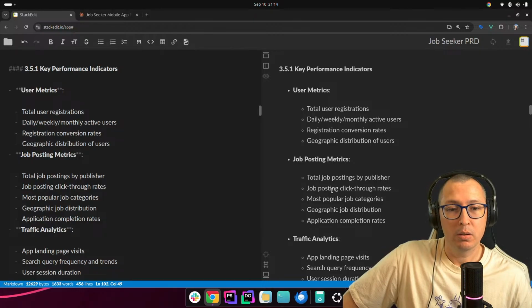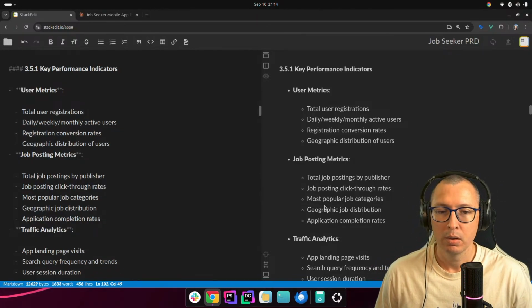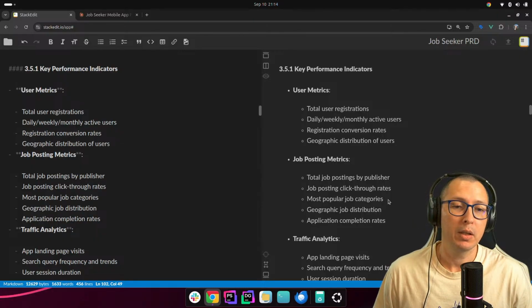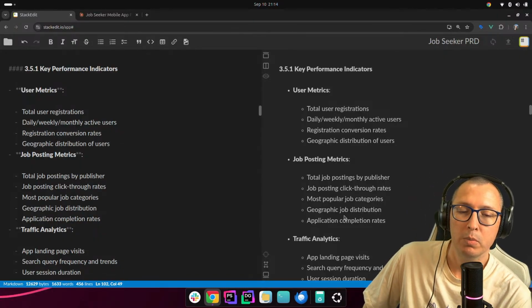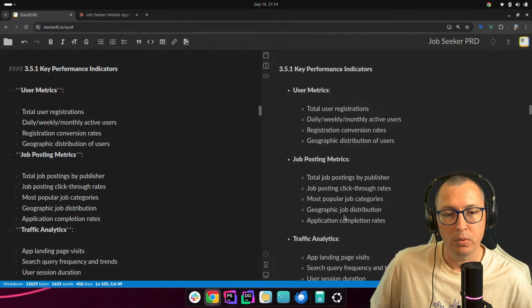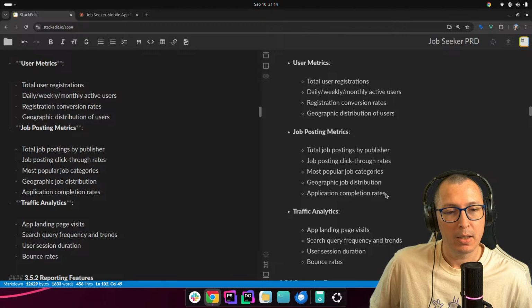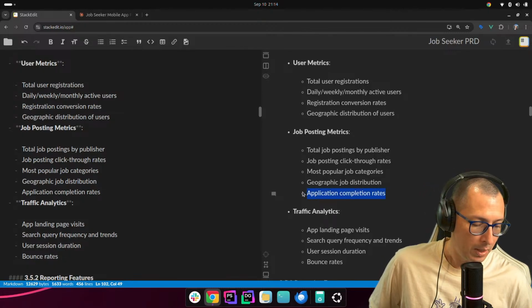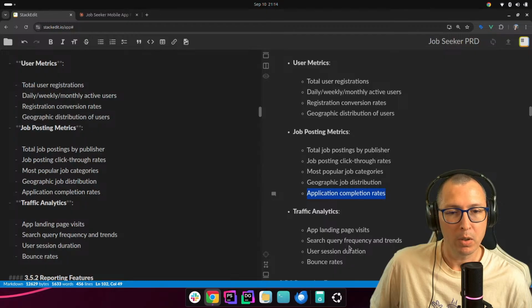Click-through rates of each job posting. Most popular job categories. That sounds fun. Geographic job distribution also sounds useful. And application completion rates. That is not in our domain. That is part of the job of the publisher, not us.